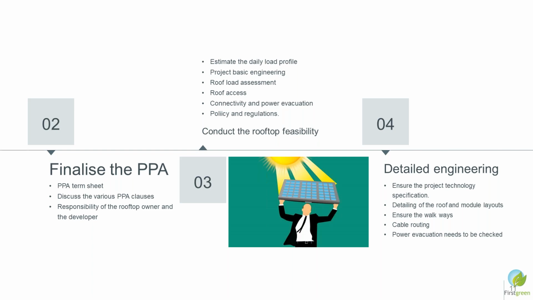You have to find the cable routing and appropriately find out which are the options available for power evacuation. So you need to do the layout planning. You need to do the access of the roof. You need to find out where all you can do injection of your system. So these are the things you may require during your operations.